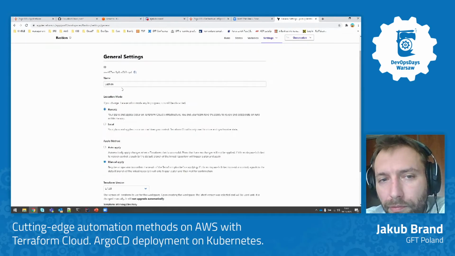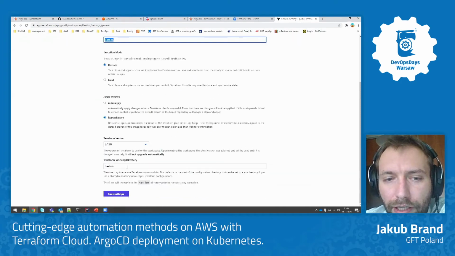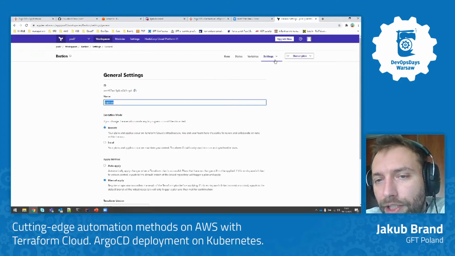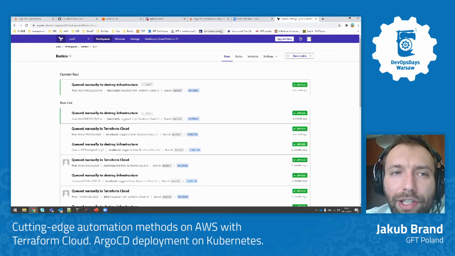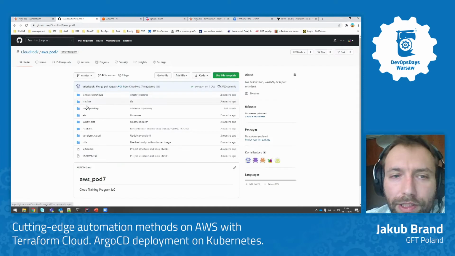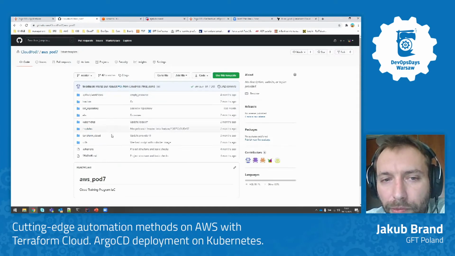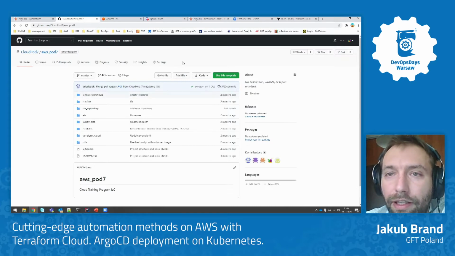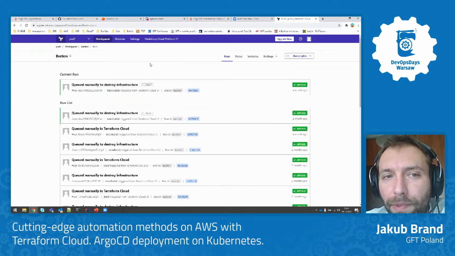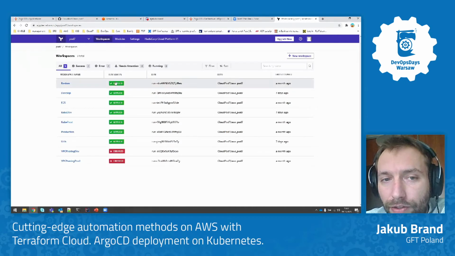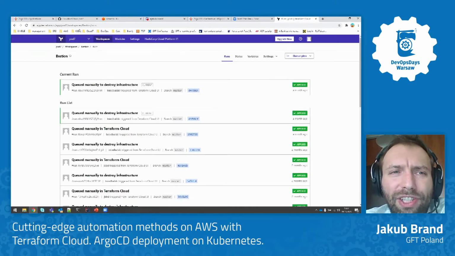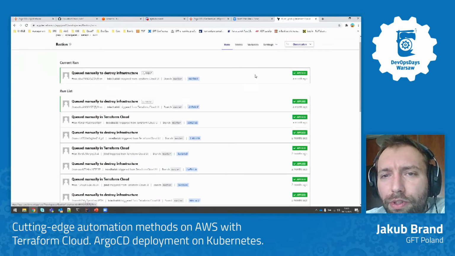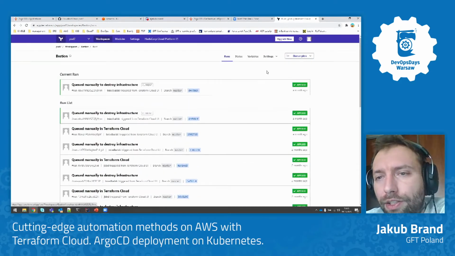You configure it by typing the name of the Bastion, of course, defining some credentials for the repository, and then by making any change, any commits to the deployment, Terraform will actually find it and automatically prepare a plan for you and will ask you, would you like to build it? Let's have a look. Basically, I will not change the code yet. I will just show you how it actually goes with applying changes on it.